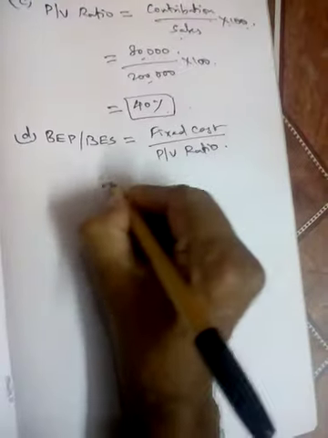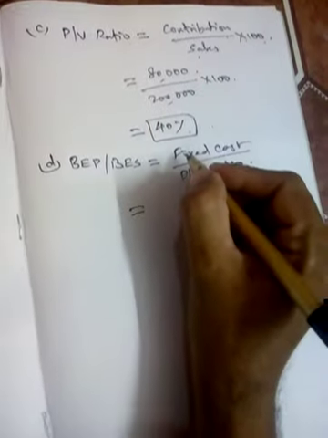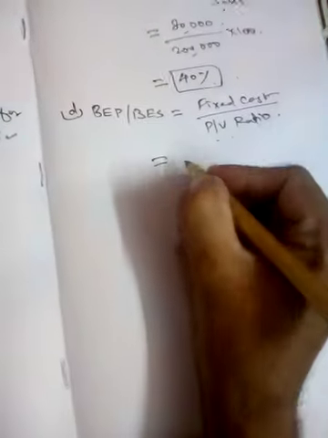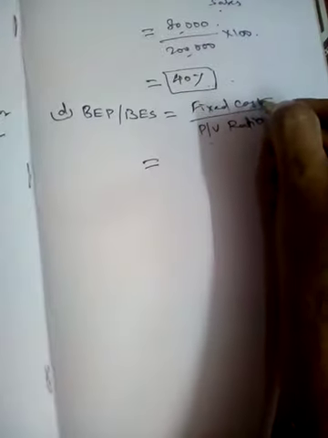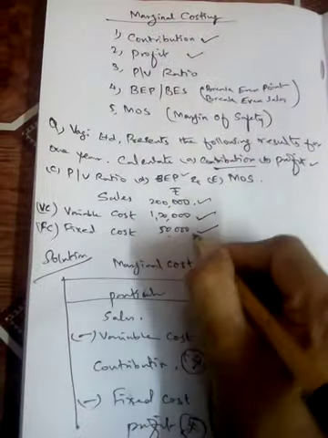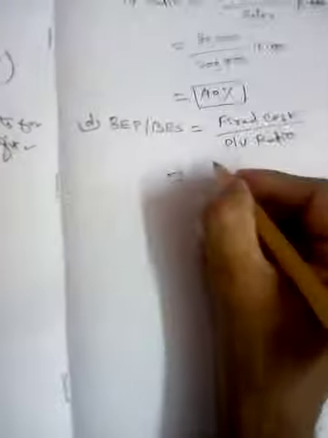This is the break even point formula, fixed cost divided by PV ratio. Now we have to solve this formula. For fixed cost, in the question itself they have given a fixed cost of 50,000. We have to use the same